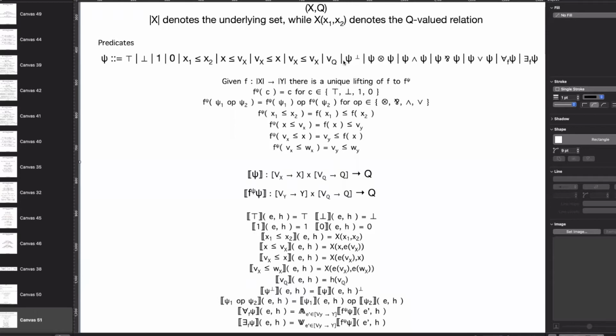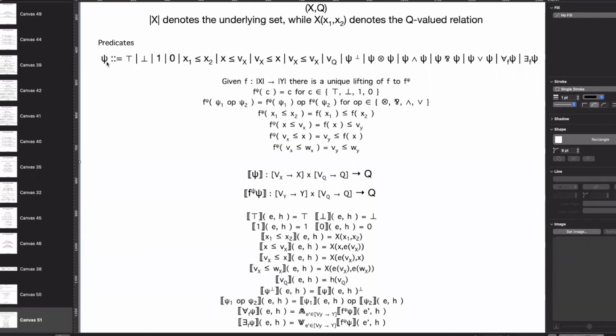So the main thing that we have to do is to give an interpretation of this. So this is going to be interpreted in terms of that. And then we introduce variables. You can have a variable on the right, a variable on the left, or a variable in both positions. And these variables range over X. But then you could also substitute in a variable in any of these positions, and that variable ranges over values in Q. So if you think about it, then an interpretation